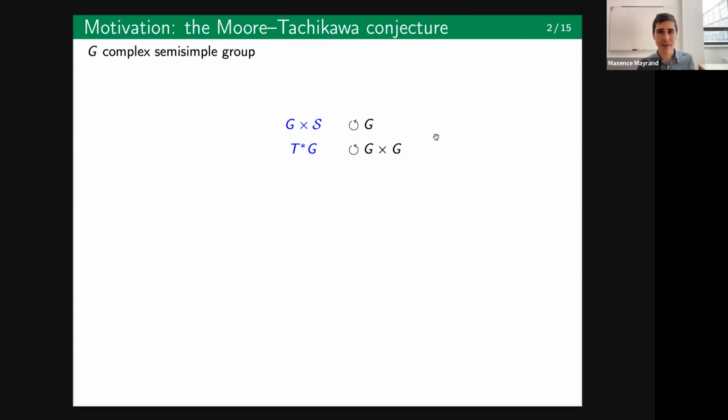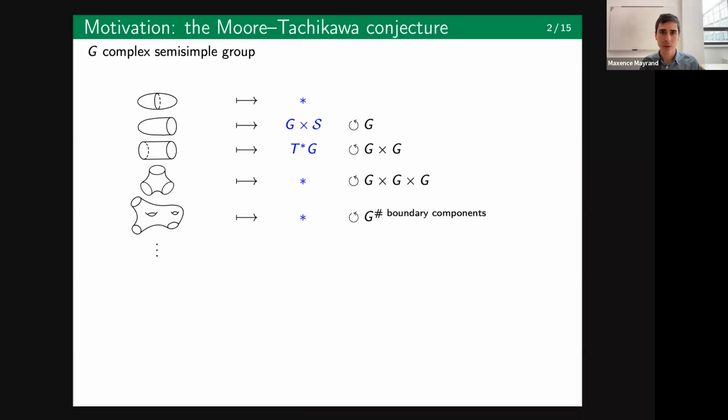Yeah, I put it on the right for this picture here, but it acts on the left. So we have these two Hamiltonian manifolds here, and I will think of them as being formally associated with the cap and the cylinder respectively. I'm not saying it's a moduli space of objects on these surfaces, I'm just labeling them with these Hamiltonian spaces. And the goal of this conjecture is to extend this list to associate to each closed oriented surface with boundaries a Hamiltonian space, which has as many commuting G actions as there are boundary components of the surface. So here we have 3 boundary components, 3 G actions.